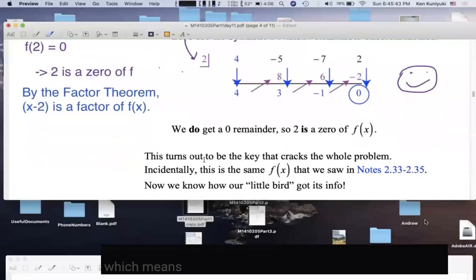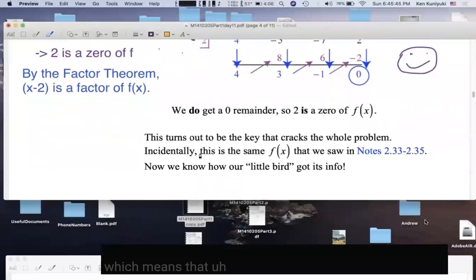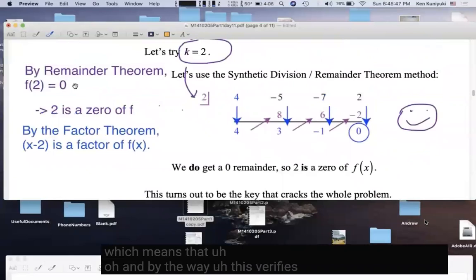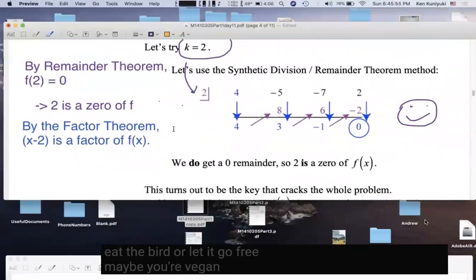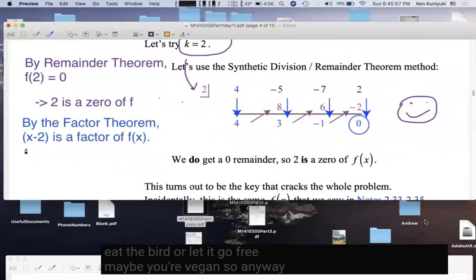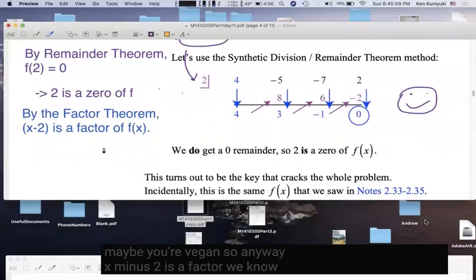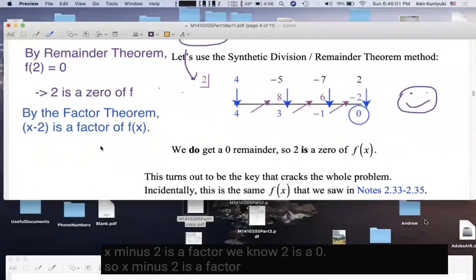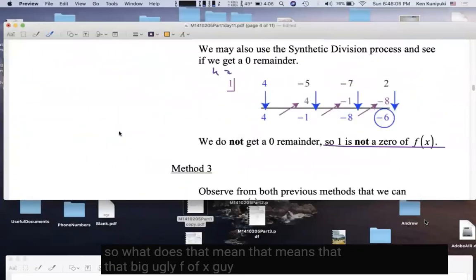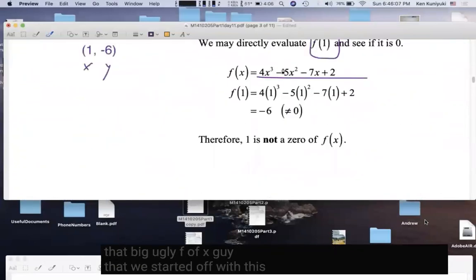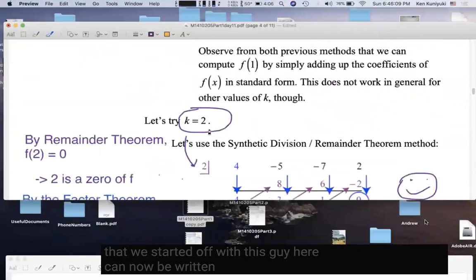Which means that, oh, and by the way, this verifies that the little bird was right. And by now you have the skills to either eat the bird or let it go free. Maybe you're vegan. So anyway, x minus 2 is a factor. We know 2 is a 0, so x minus 2 is a factor. So what does that mean? That means that that big ugly f of x guy that we started off with, this guy here, can now be written as